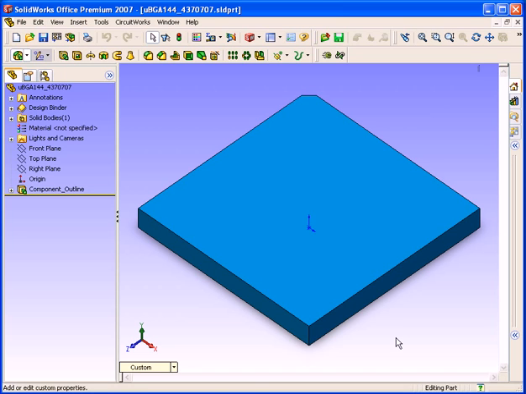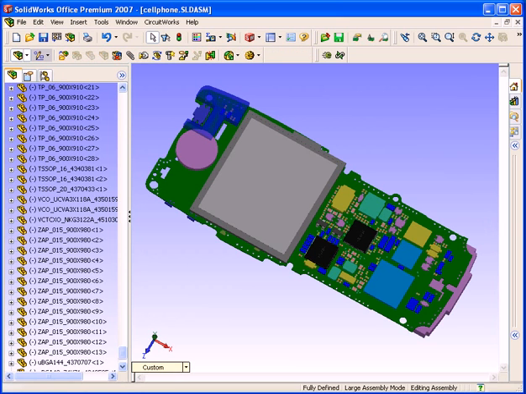If you saved the file out as an IDF3 or IDF4 file, and then brought that into CircuitWorks and then into SolidWorks, you'd end up with those custom properties in the SolidWorks model, which you could then either use in a bill of materials, use in a drawing board, or use with a PDM system such as PDMWorks. If we return back to the assembly, now as well as embedding information in parts, there's also